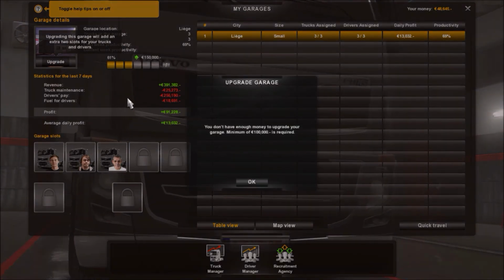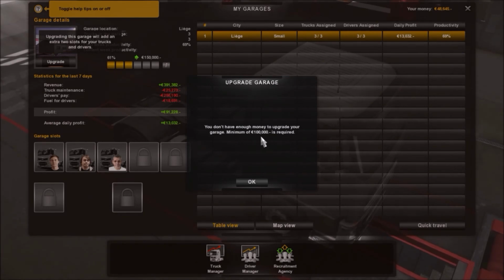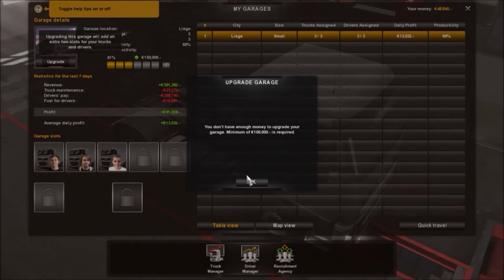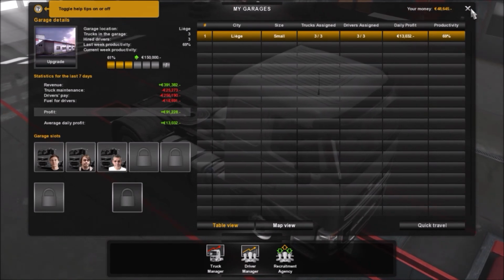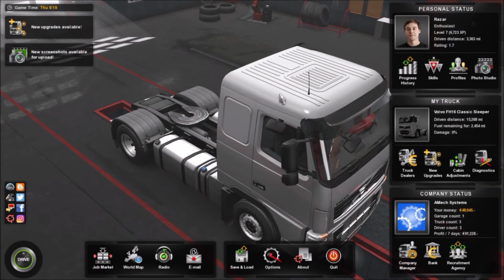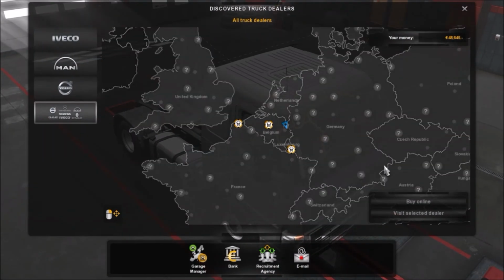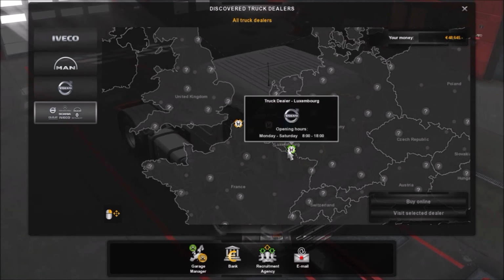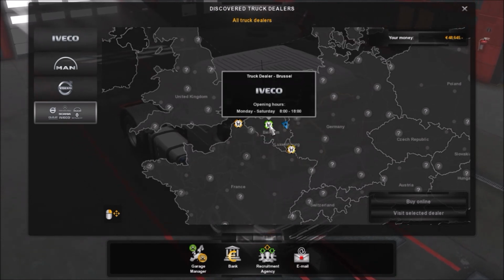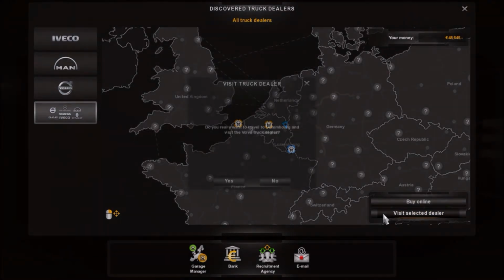Let's see how much it would cost. Minimum of $100,000 is required. So we've got a ways before we can reach that unless we take out another loan. So we're looking at the additional $100,000 for that. I'll go with Volvo again for trucks,